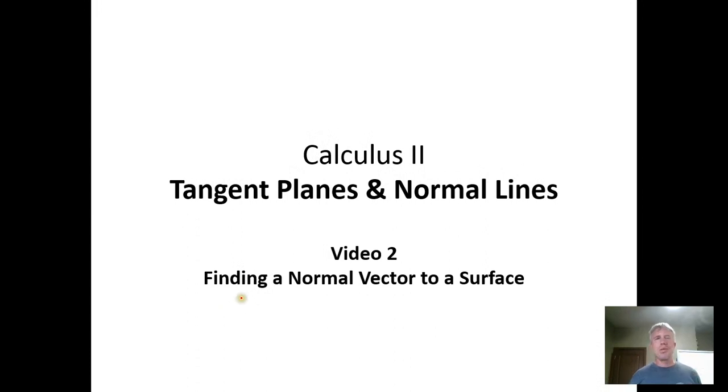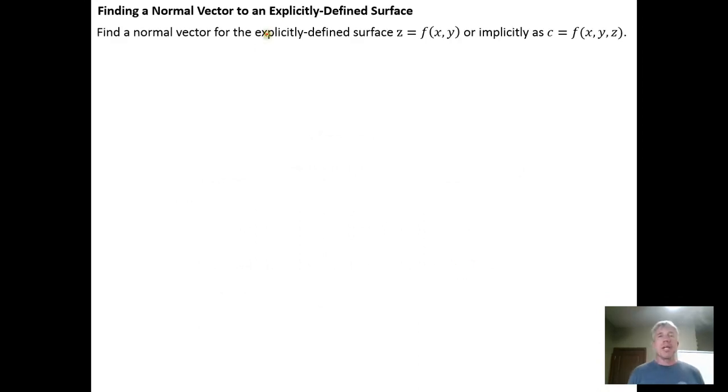So in this video we want to develop a method for finding a normal vector to a surface. We can have a surface in three-dimensional space either explicitly defined like this, z equals some function of x and y, or we can have a surface in three-dimensional space implicitly defined as c equals f of x, y, z. And just as a reminder, if we're saying that it's explicitly defined, that means we've been able to isolate